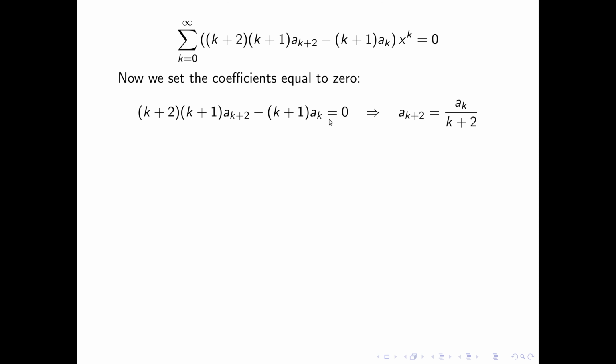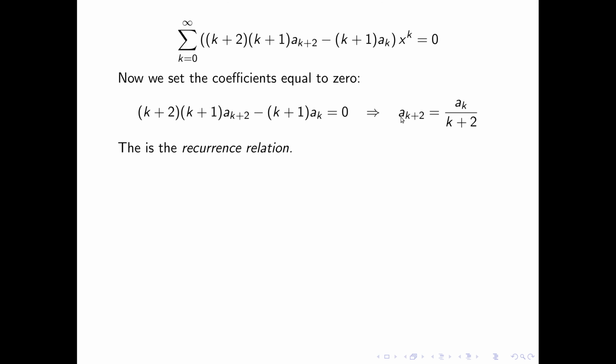So let's go ahead and solve that. I get the k plus 1's cancel, and I'm left with a sub k plus 2 is equal to a sub k over a k plus 2. Excellent. So this is called a recurrence relation. And so typically what we're going to do is we're just going to stop here once we get our recurrence relation. But because this is our first example, I want us to see how we would solve for our coefficients,